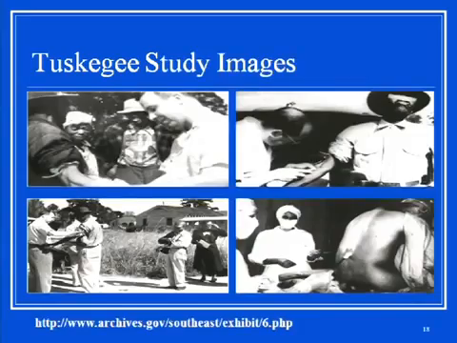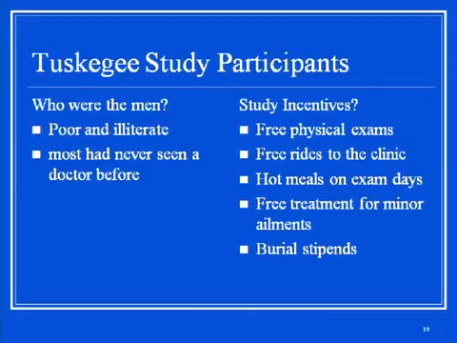So these are just some images. You can see them recruiting men in the fields. The woman shown is Nurse Rivers, who was a black nurse and very instrumental in reaching out to the men and being this caretaking figure that appeared to be very concerned for their needs. That was probably the reason why they were able to recruit the men and to keep them in the study for as long as they were followed. But more importantly, the men were poor and they were illiterate. Most of them had never been to a doctor. And they provided many incentives to the men that made the study appear to be more attractive than it was.